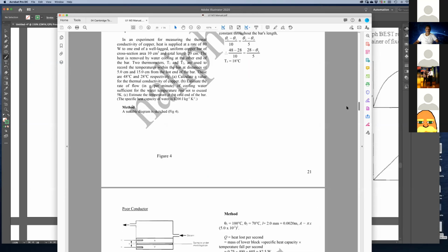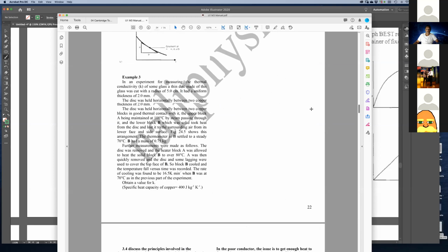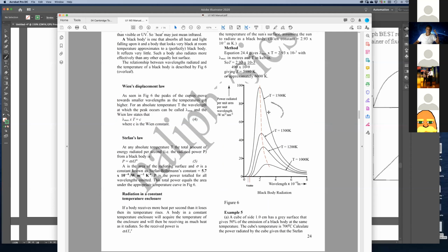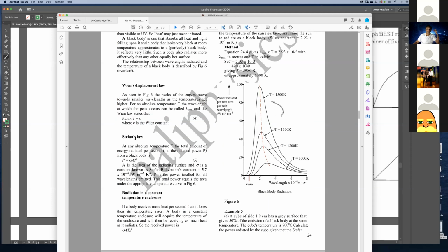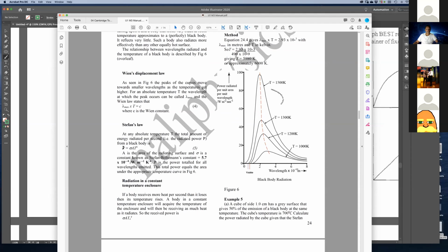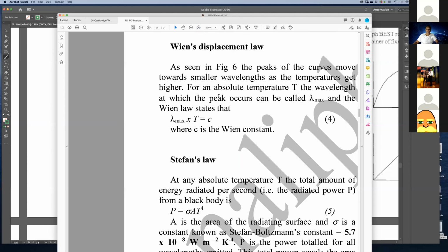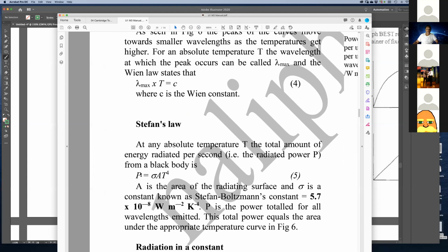Radiation. It's called Stefan's law. That's the formula we just used there. It says that when a body is radiating, the rate of radiation P, the rate at which it is putting out heat energy, is